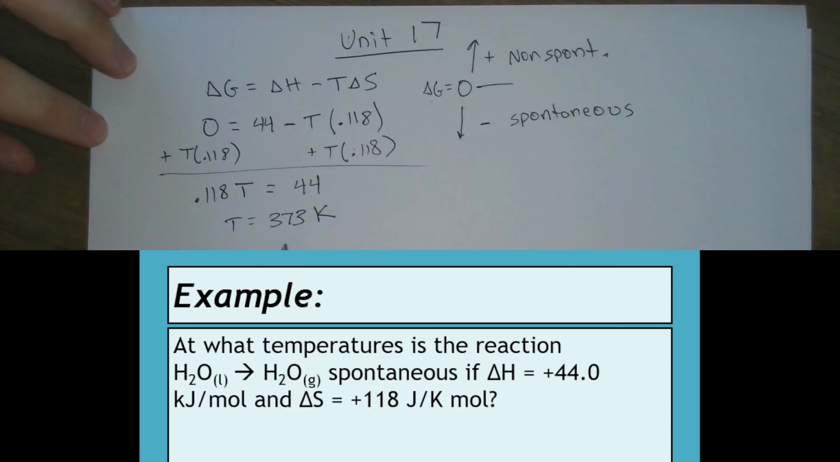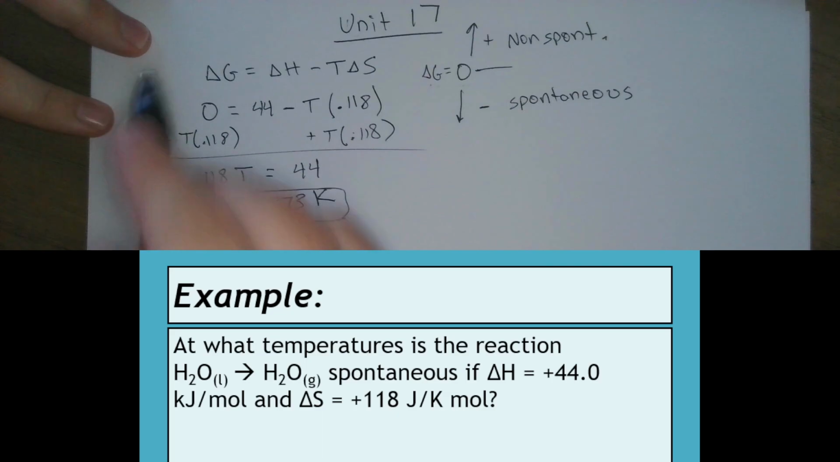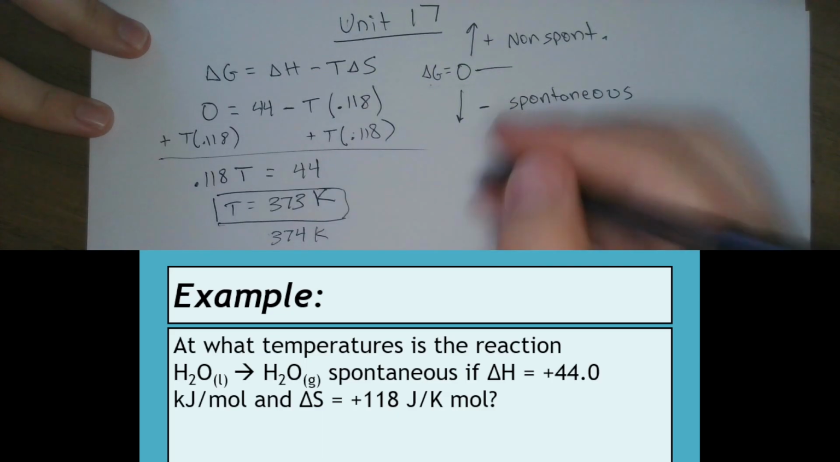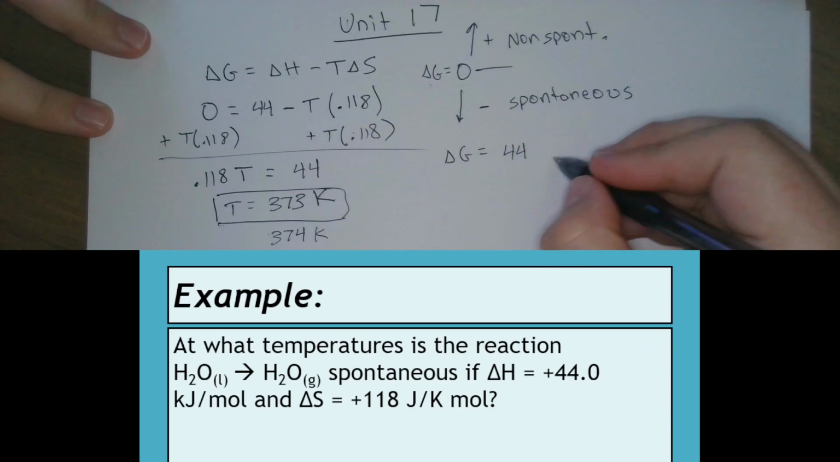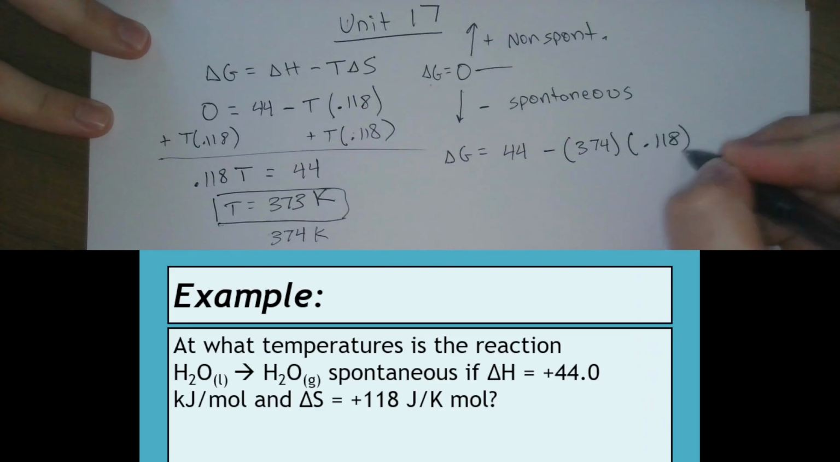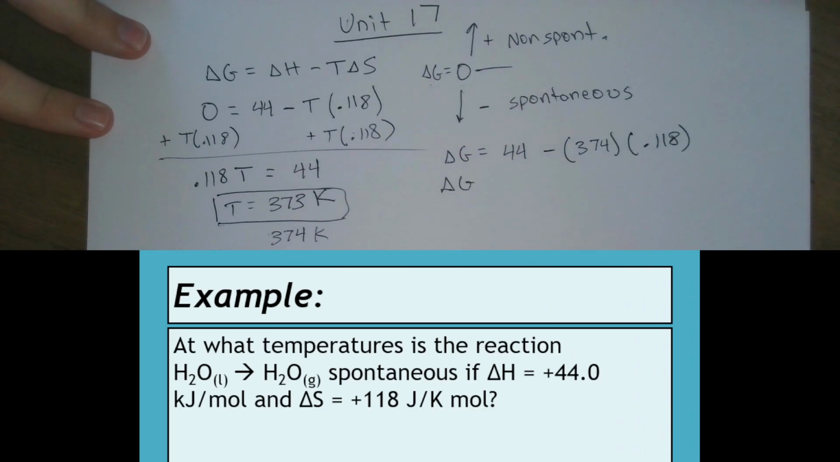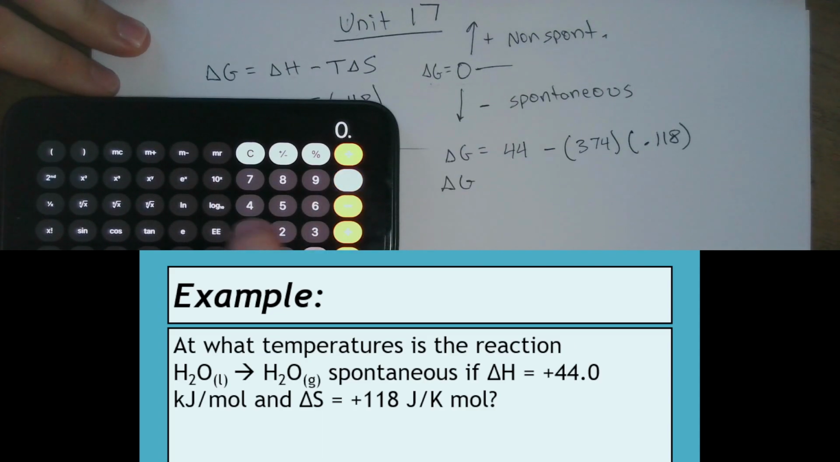Okay, so this is the answer to the question, I should say. But let's plug in to see what happens if we have something at 374 Kelvin. If I slightly increase the temperature above this, how is the reaction going to fare? So now I'm going to plug everything back in just to test it. My number for enthalpy is still 44 minus 374 times my entropy, and we'll see what delta G turns out to be. So I have 374 times 0.118